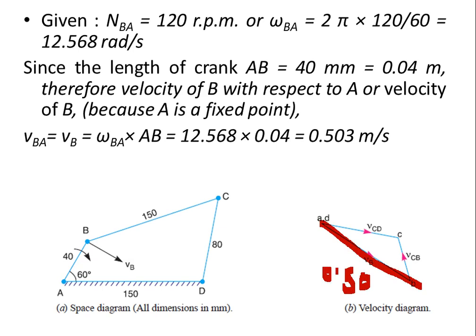Okay, so A to B you got 0.503. So velocity you can label by small letters. Same as A, B, C, D capital in your space diagram, in the velocity diagram you have to take small letters a, b, c, d. So ab, then bc, and then d to c, connect that perpendicular to CD. So we'll get this value. This intersection point is small c. So this completes the velocity diagram. This will be a triangle.